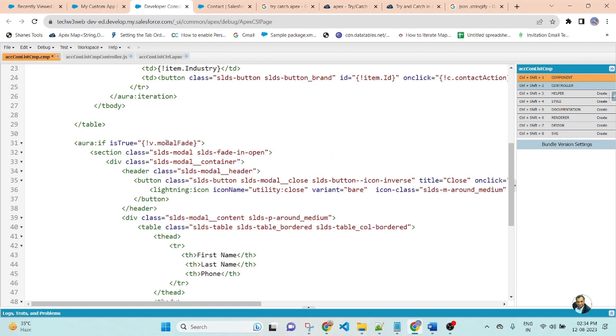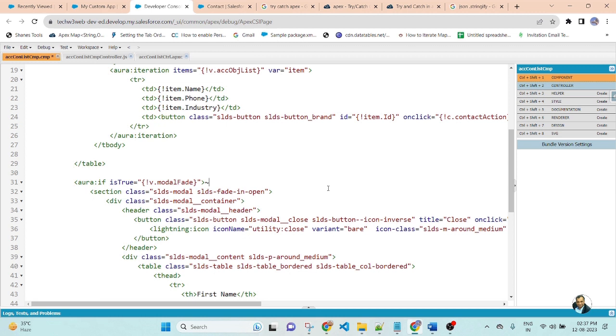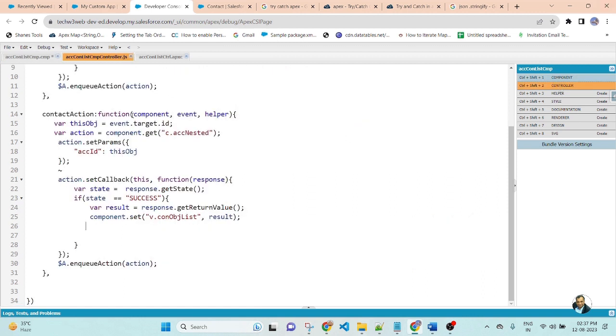Now I will set the modalFlag equal to true in the function of the JavaScript controller. So this modal pop-up will be visible whenever this attribute gets the value true. So now copy this attribute name in the controller.